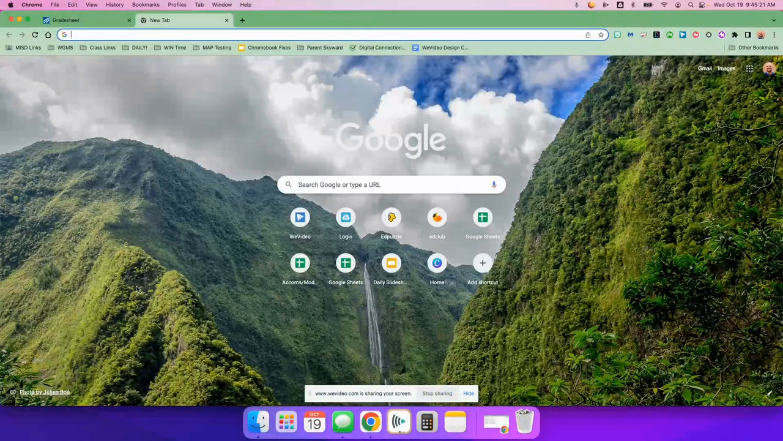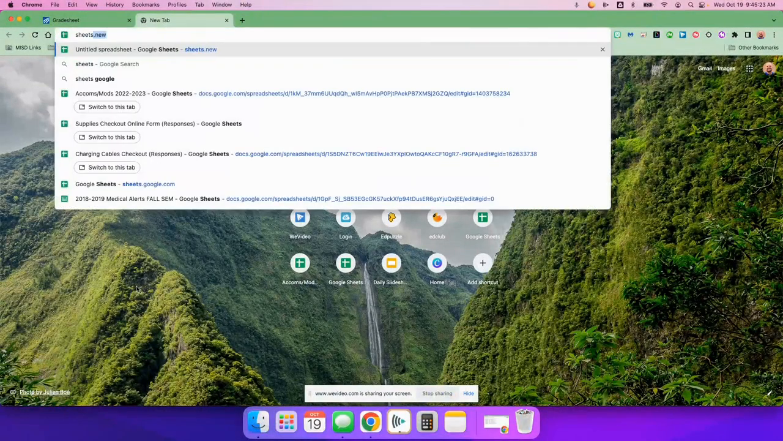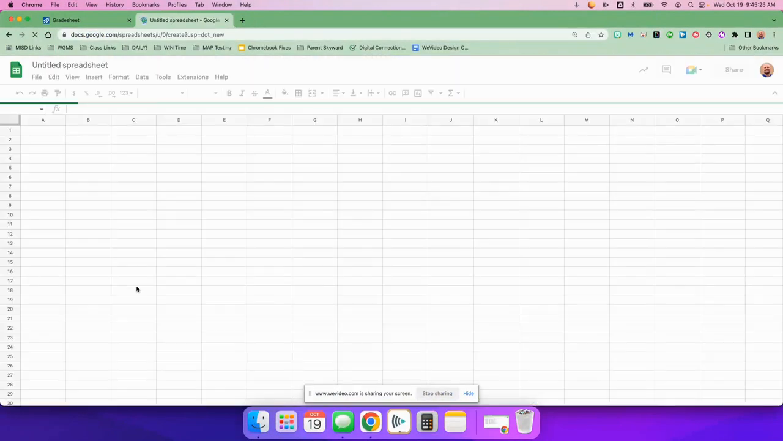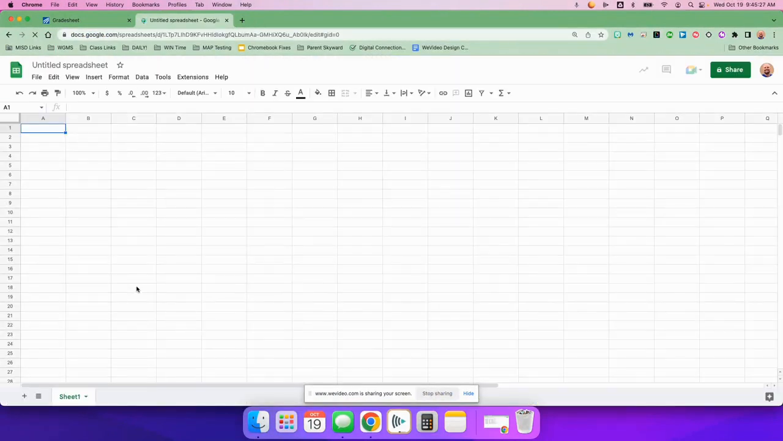To create a new spreadsheet, the quickest way is just to type in sheets.new. The .new trick works with all of Google Apps. Sheets.new. I'm going to come up here and change the name to Shopping Spree. Then I'm going to come down here and in cell A1, I'm also going to type in Shopping Spree. Okay. And I'm going to combine these two cells by dragging and selecting them and clicking on the merge button